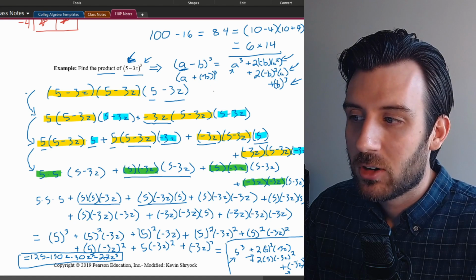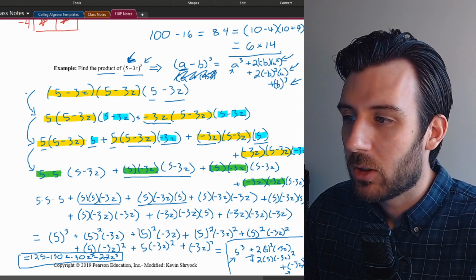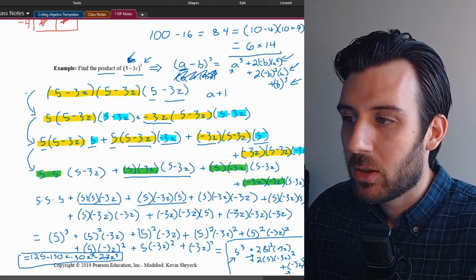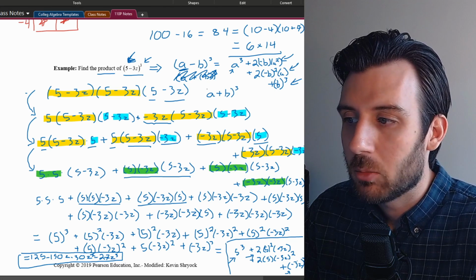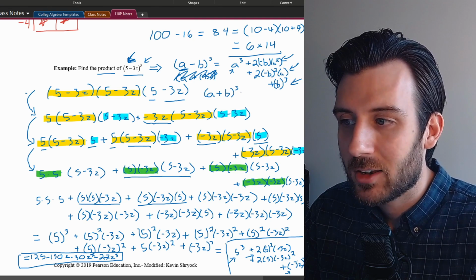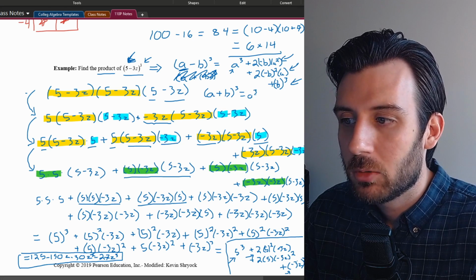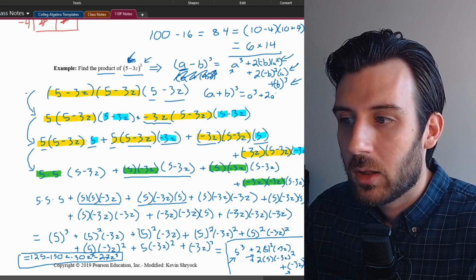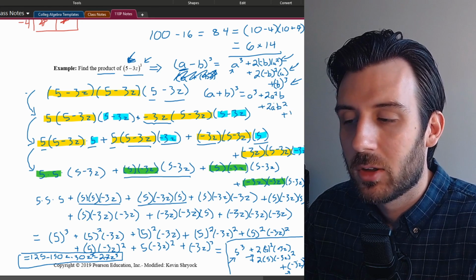If it started with addition instead, so let's imagine, let's do what would have happened if I had a plus b cubed. I don't even have to do all the work anymore. I can just imagine that I would have been moving that b around the same way I would have had that negative b. So again, this would be a cubed plus 2 a squared b plus 2 ab squared plus